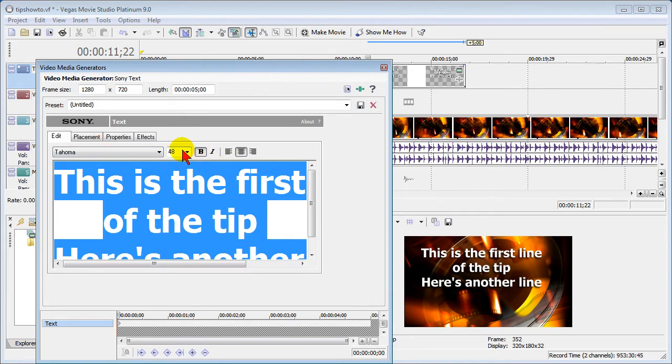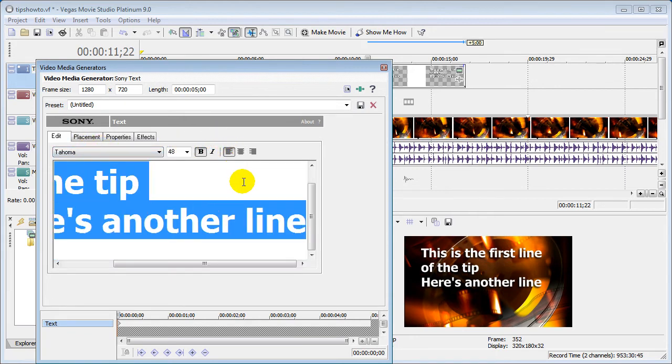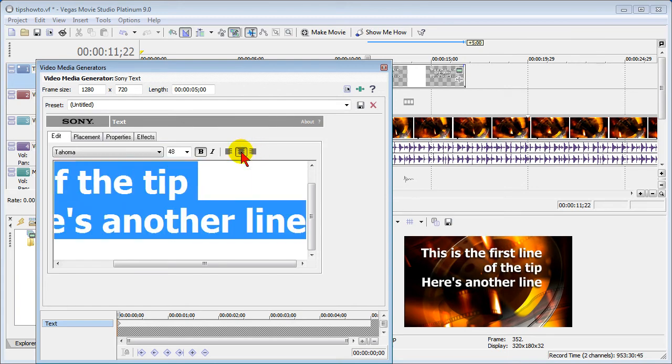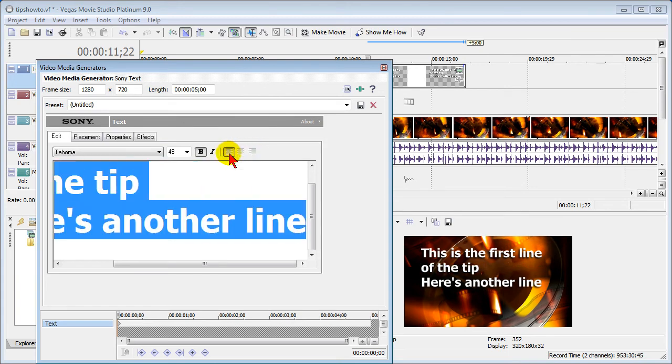And you can go over to your edit and click the alignment right there, and it'll align it to the left, or align it to the right, or align it to the center. Generally, I like it lined to the left like that. And if you like that look, if you're going to be using that over and over, you may want to save that as a preset. So we'll call this Tip Details